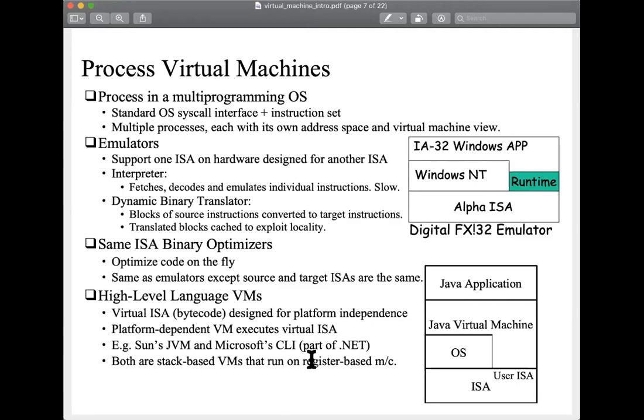An example of this is shown here in the picture. It's called the Digital FX!32 emulator. That's kind of a fancy name. What that meant was, back in the 1990s, Microsoft was very popular, and it came up with this nice operating system, Windows NT, which was originally designed for x86 or